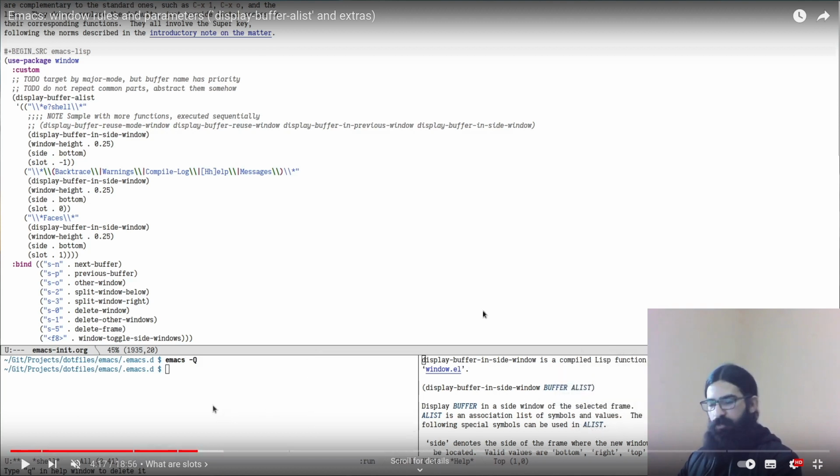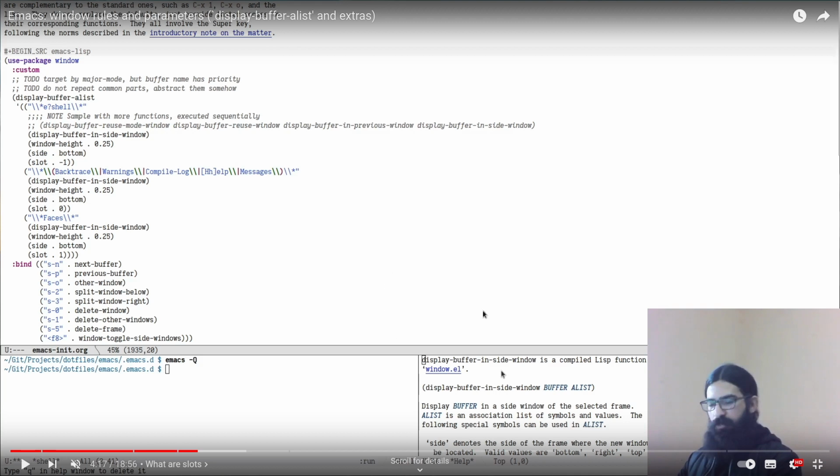So you can actually have help and display buffers automatically always open in a particular position on the screen. So if that's something you want to do, you can set it up so that you can have your terminal always open down here, help buffer down here, and then you can toggle the windows on and off to show and display them. So you can be working on your main document here and then just toggle these windows on and off as you need them, or you can actually have them